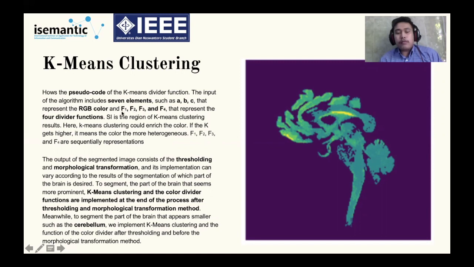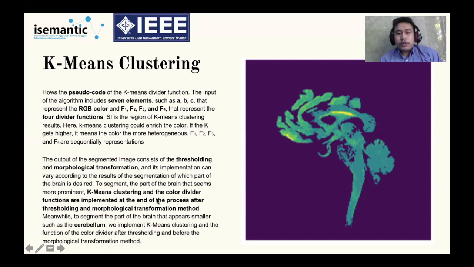F1 uses A and B, F2 uses A and C, F3 uses A and B, and F4 uses B and C. Then the output of the segmented image consists of thresholding and morphological transformation.